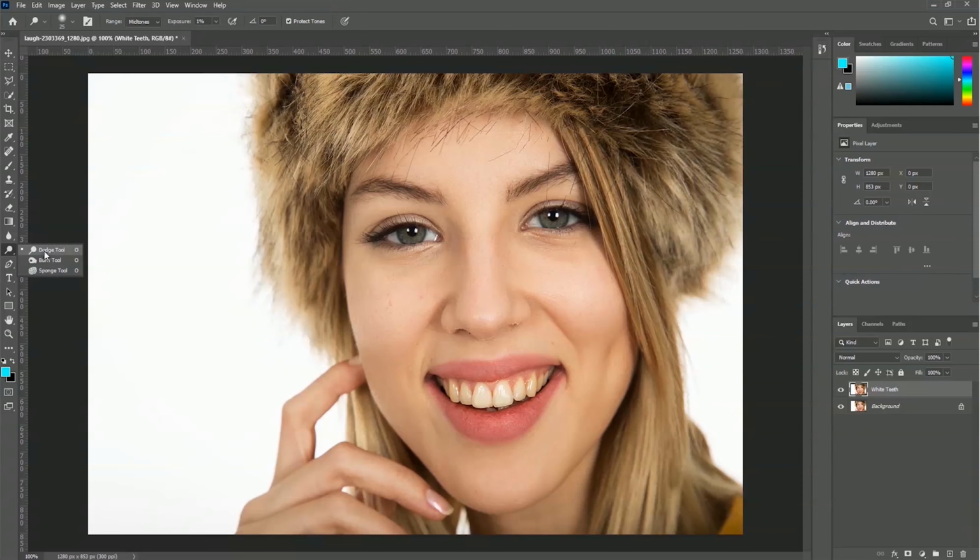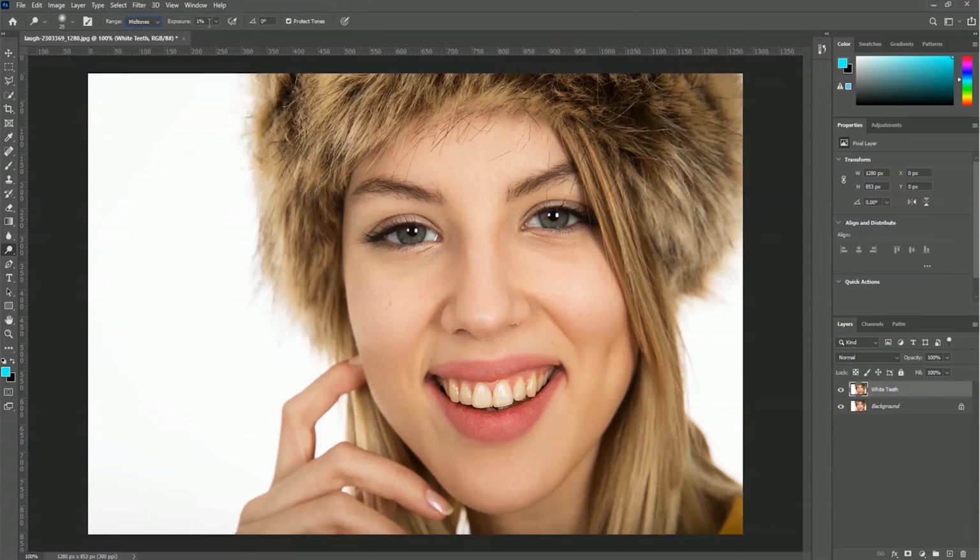And let me tell you one thing: before using the dodge tool on teeth, you have to select the range. Actually, it has three types of range: midtones, highlights, and shadows. So if you want to apply a highlight effect, then you have to use the highlights range, or if you want to use the shadow effect, then you will get this shadows range to use. But we are going to whiten the teeth, and that's why we are going to use midtones for our range. Okay, and here is the exposure, and you have to increase the exposure because right now we have only